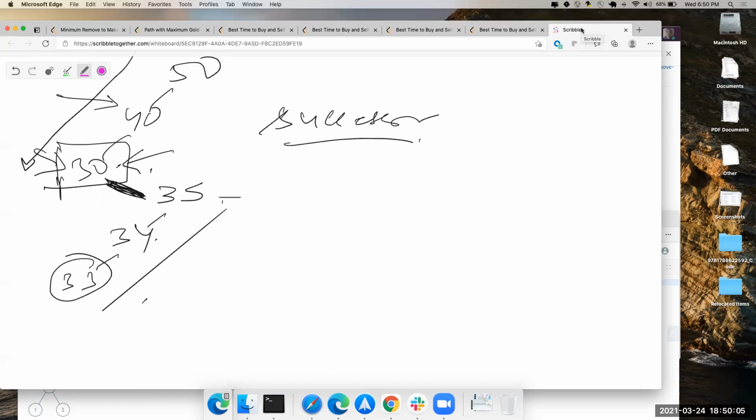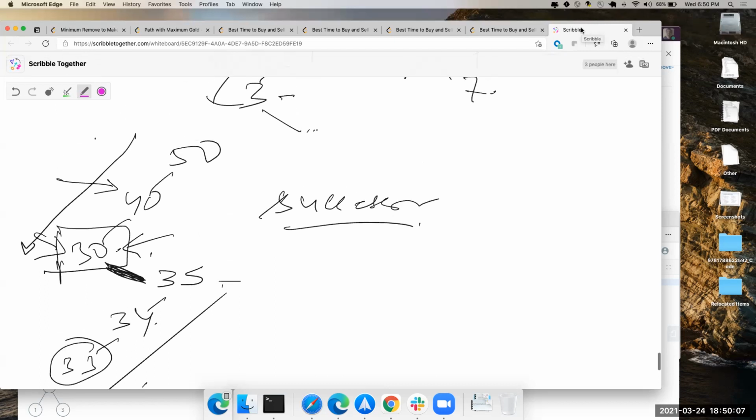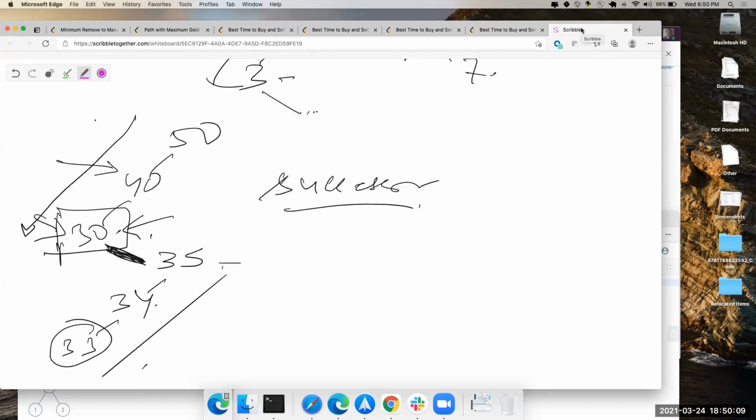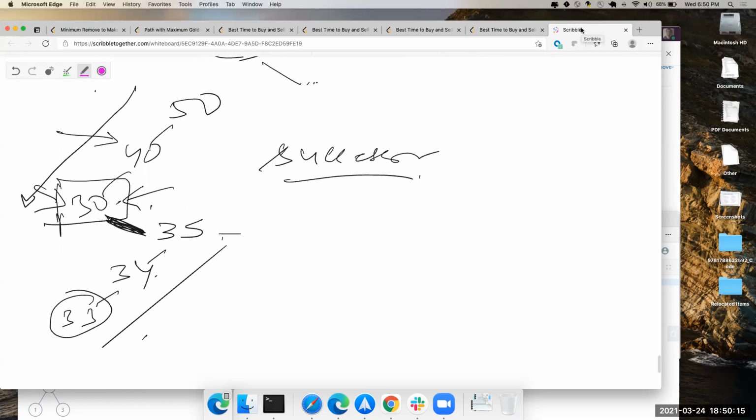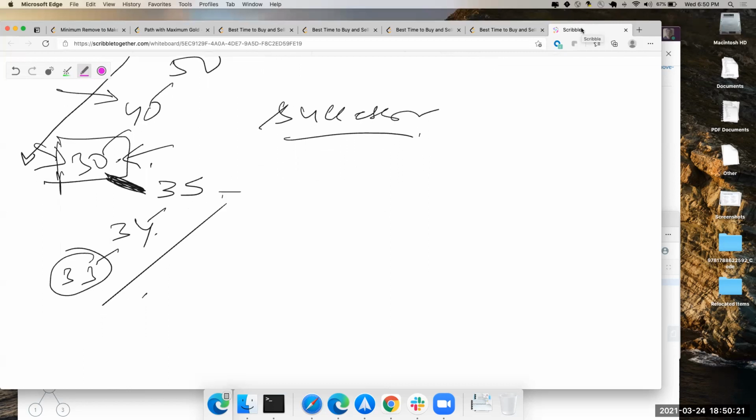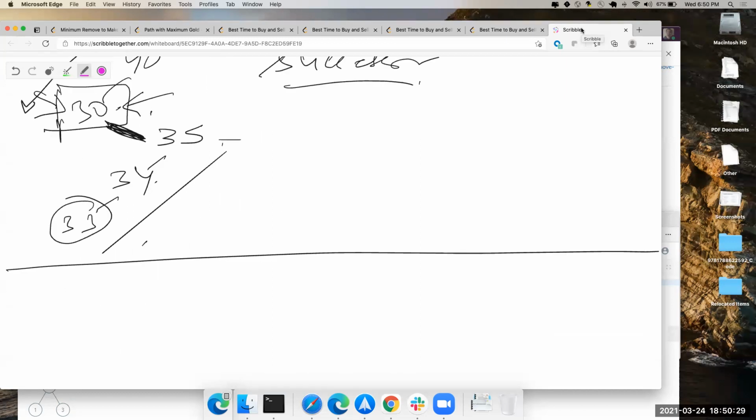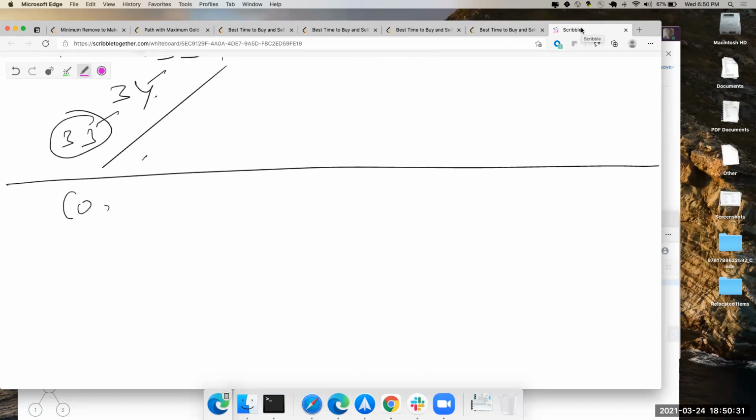Yeah, it will go inside, right? So it will go to 33. If you go to 50, you go to 40, you find 30, right? Right now your current root, then the successor is 40. Then it will go to 34, then it will come to 35, then 33. How do you know how to go that way? That's what I'm trying to get at. Sue, give me the code for this.